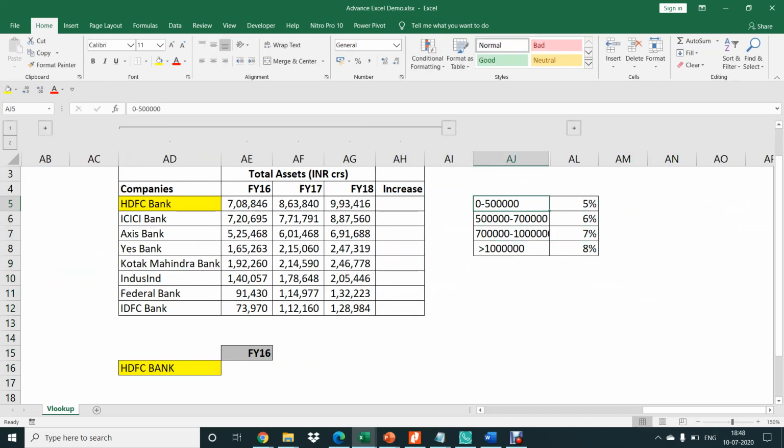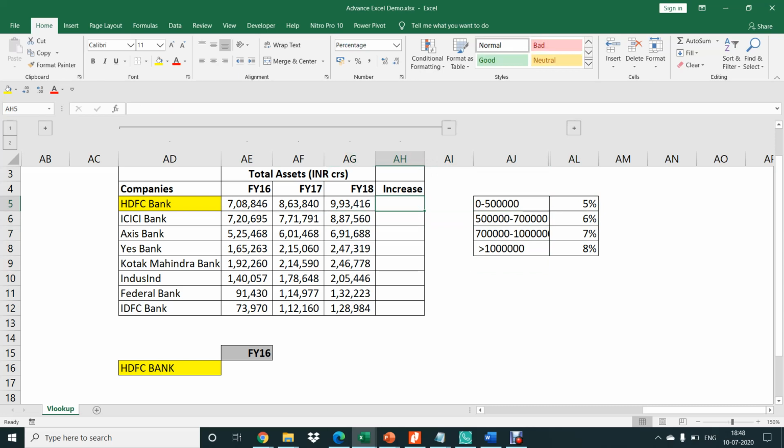Now, the management has given some conditions. In case the asset values are between 0 to 5 lakhs, then the bonus applicable for all employees would be 5%. If the asset value is 5 lakh to 7 lakh, then the bonus would be 6%. Likewise, he has given you the ranges.